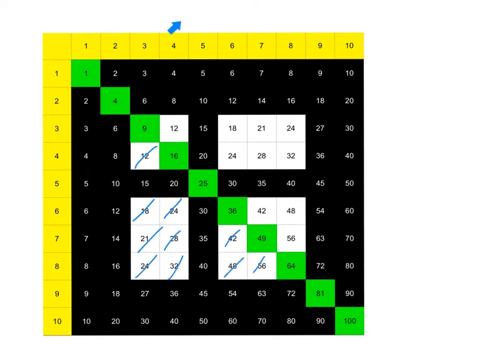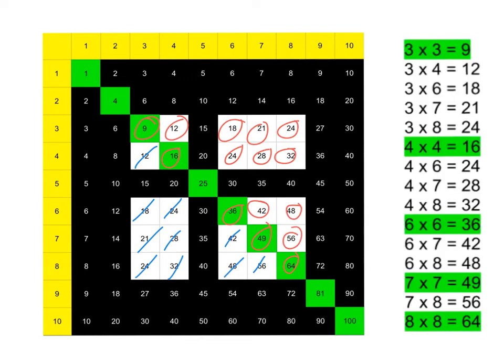because 4 times 3 is 12. Well, 4 times 3 is 12. So these are duplicates of each other. You get 3 times 6 is 18. 6 times 3 is 18. So if we cross all these out, basically right now you're looking at 1, 2, 3, 4, 5, 6, 7, 8, 9, 10, 11, 12, 13, 14, 15. So here are the 15 facts that you really need to know, and once you know these 15 facts, you're